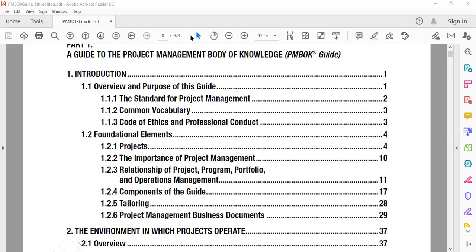So the standard for project management, if you follow it, will give you better results than if you are not following it. The common vocabulary we discussed: a process is a defined and pre-approved thing. It requires some inputs and produces certain outputs with the help of some tools and techniques. A phase is a collection of logical activities which will give you a deliverable. A phase gate is an authorization to move from one phase to another. The project life cycle is the phases you take to complete a project. The product life cycle, from concept to operation to phase out, is called the product life cycle.